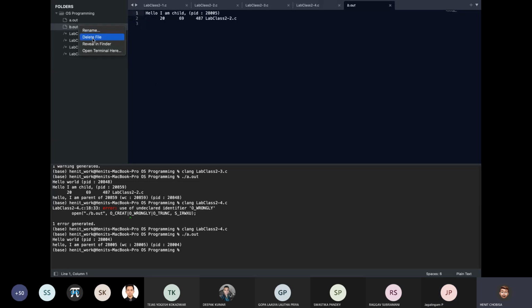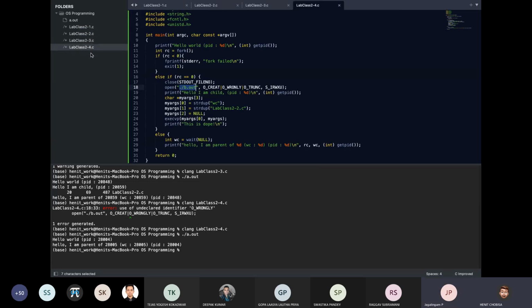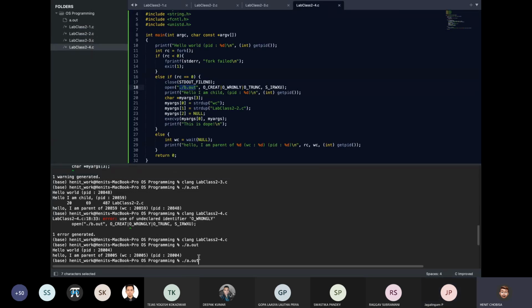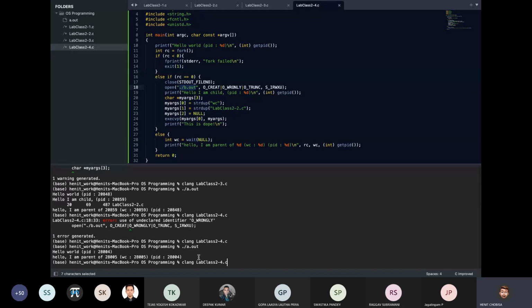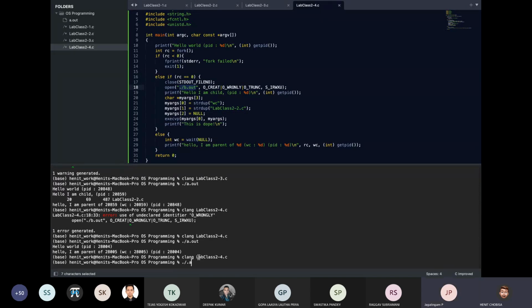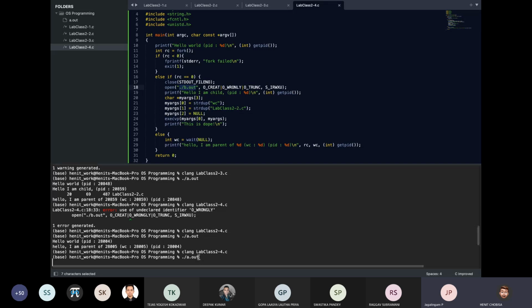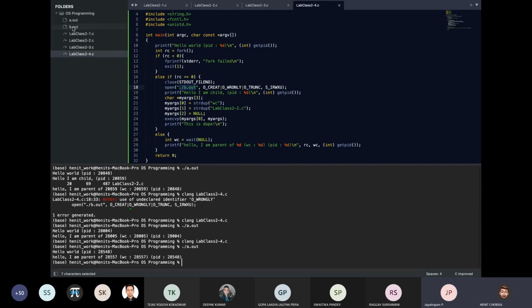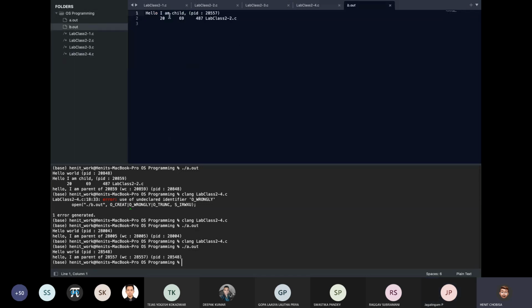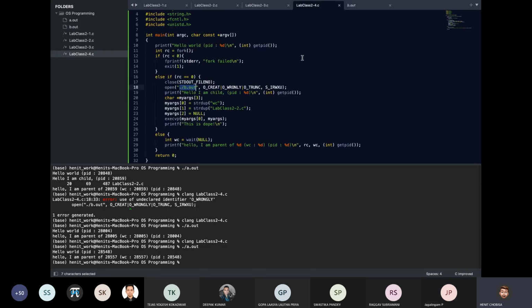What I do is I delete this file and I regenerate it using clang and a.out. So it generates the file a.out and it's giving me the whole output I wanted from the child, which is my code execution and my child PID, embedded in this file.